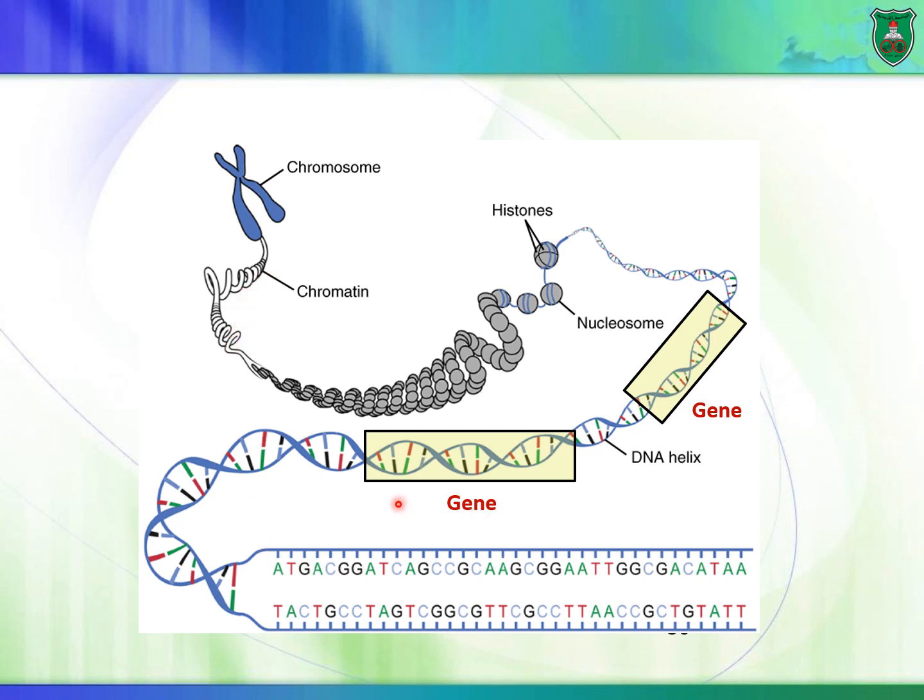Now, a gene is basically an area within the DNA molecule, or within the chromosome, same thing, whereby it can be transcribed. Okay, so there's a starting point and an end point, and we will talk about this in transcription. So if you have a long stretch of DNA, you can have multiple genes found within it. So you have gene 1, gene 2, gene 3, gene 4, and so on.